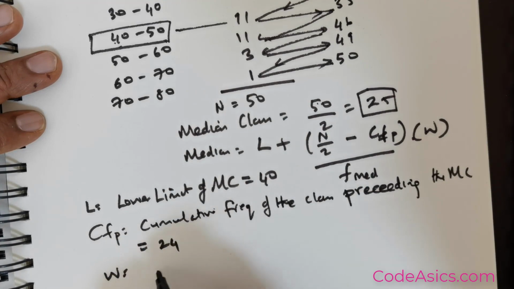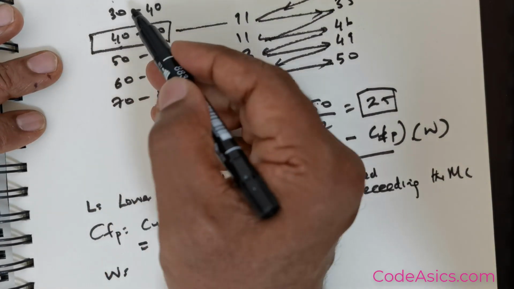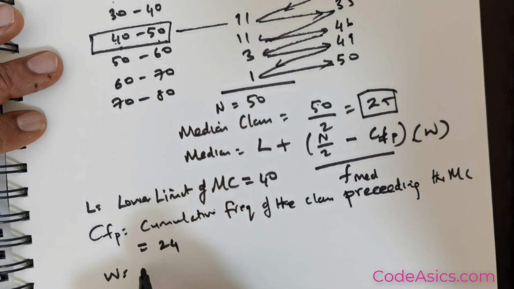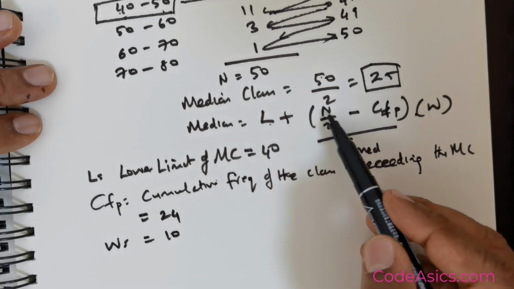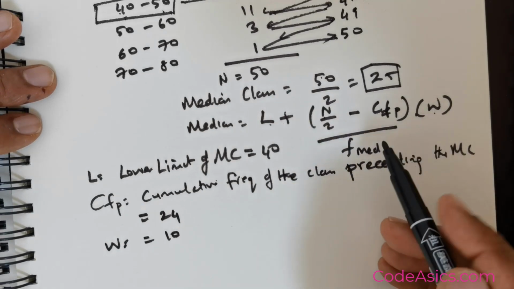W is the width. So between 40 to 50, what is the width? Between 20 to 30, what is the width? Between 30 to 40, what is the width? It's always 10. That's it. Write that down. So you got L, you got N, you got CFP, you got W, and